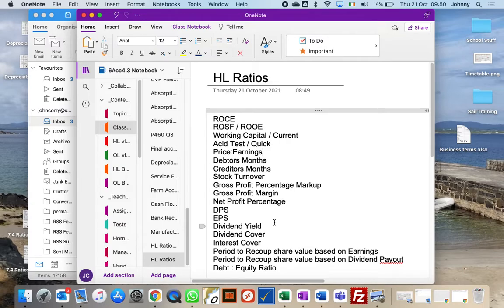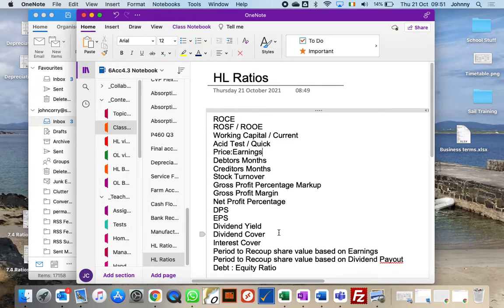So the dividend yield compares the dividends to whatever the market price of the share is. So if the market price is €1 and I've got dividends of 12 cents, I'm making a 12% return just in dividends. But if the earnings was more than dividends, well then that's a really good investment. Okay? So dividend yield compares how much I'm getting in dividends to whatever the market price of the share is. And again, it's something that investors might think about if they think about buying shares in the business.